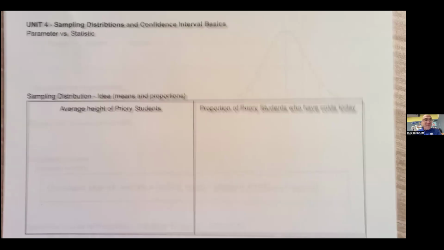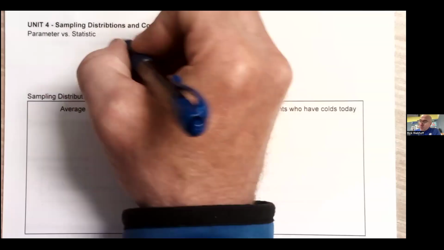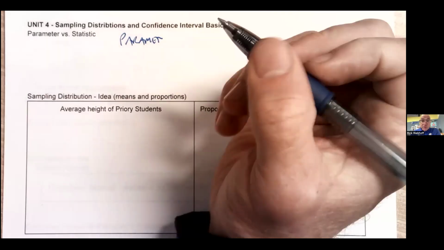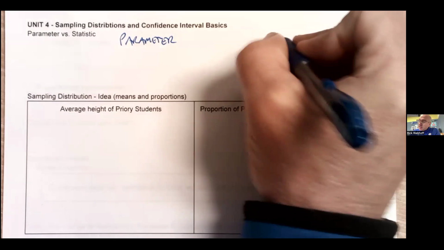All right, people, the final unit. We just finished this, so this should be pretty fresh in your brain. But let's talk about sampling distributions and then get into some confidence intervals. So parameter versus statistic,